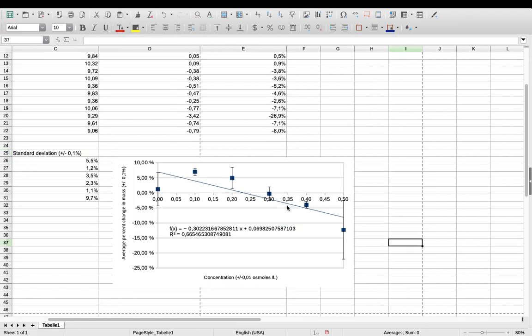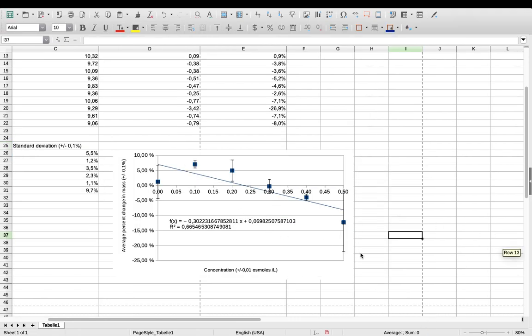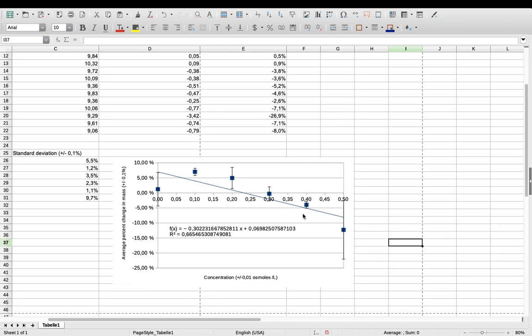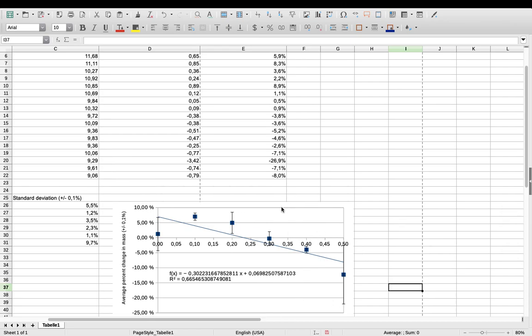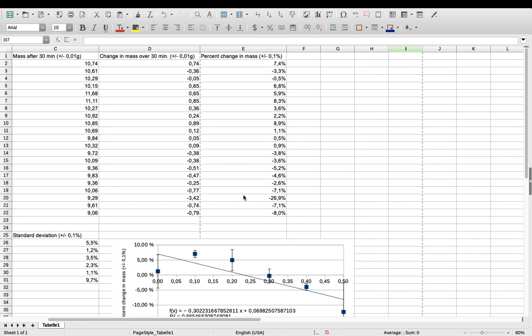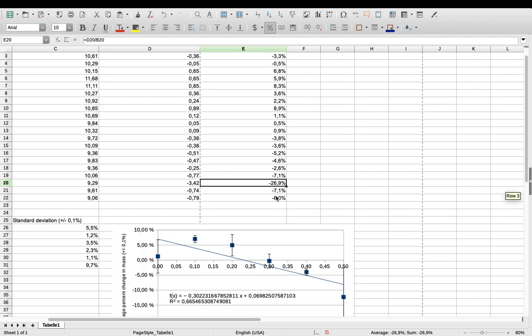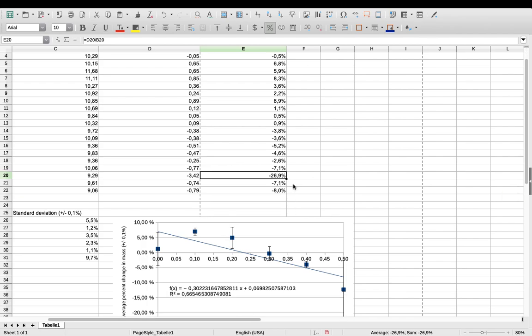That takes care of the calculations and everything, but as you might have noticed as we were going along here, some of these data points look a little bit strange. For example, down here at 0.5, I've got 4 data points. These last 4 data points were in a 0.5 molar salt solution. And one of the data points looks really, really different. And this is what we call an outlier. And what do you do with outliers? Well,